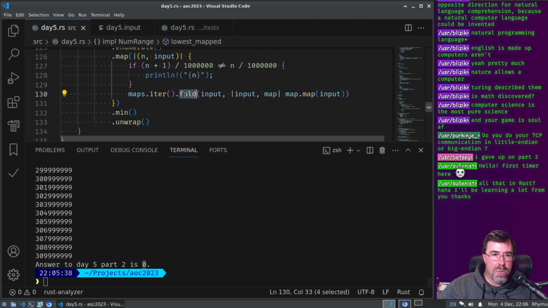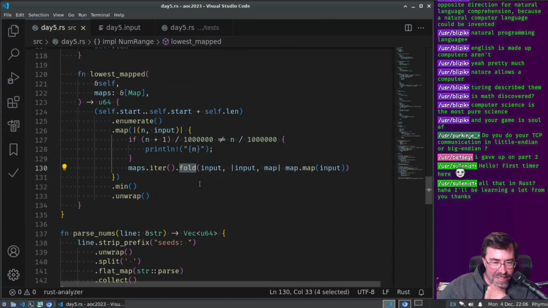Oh, I don't want to do a fold, do I? I need to do a reduce. Okay, I didn't do this right. Oh, no, I am. The fold runs it through the map, right? But I don't think I want to take... Well, I do want to take that min.